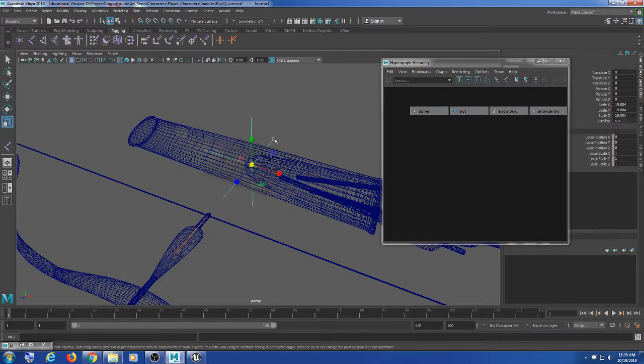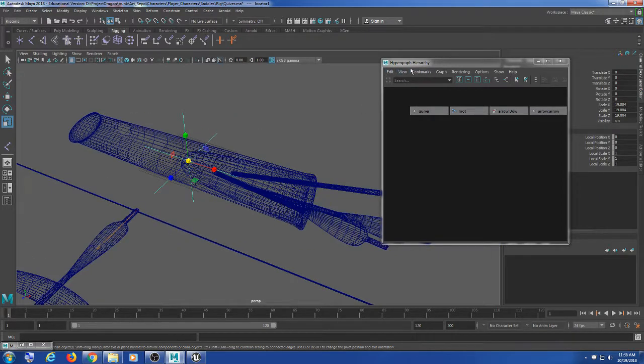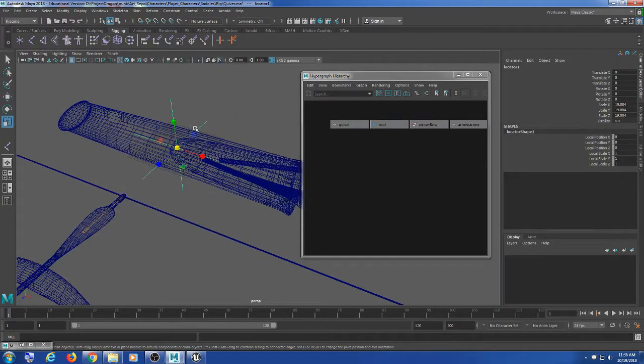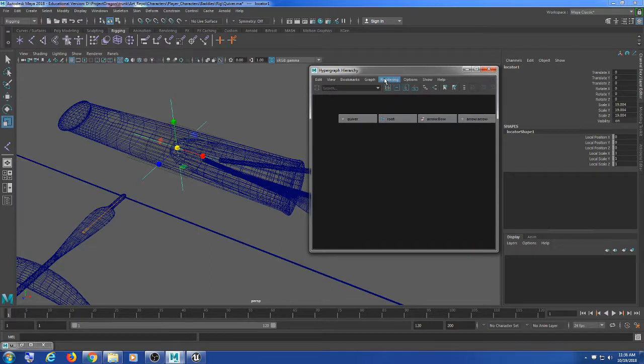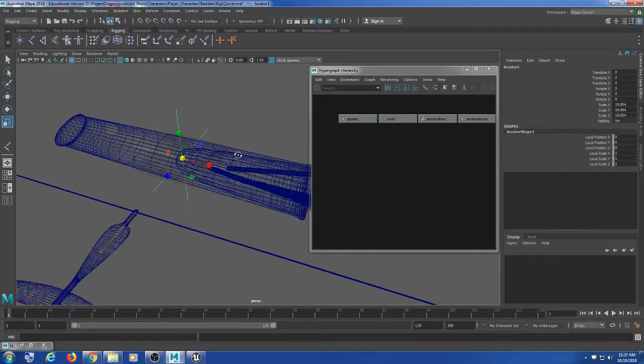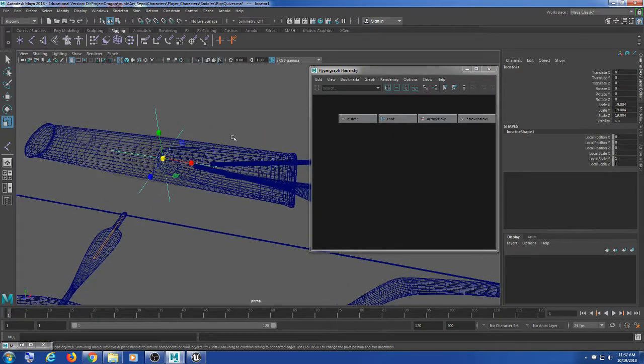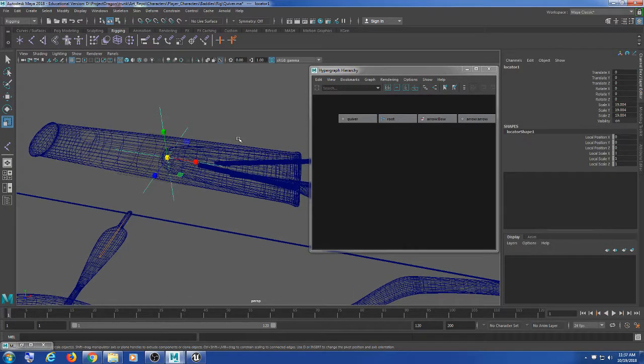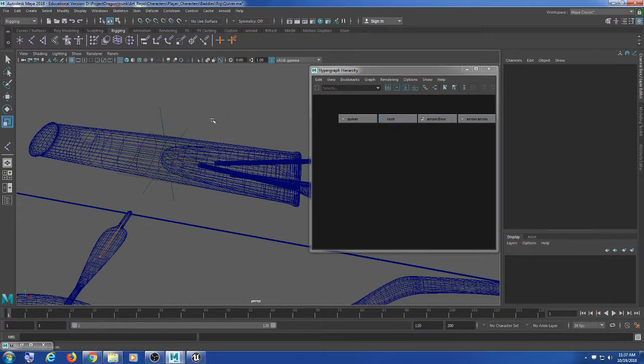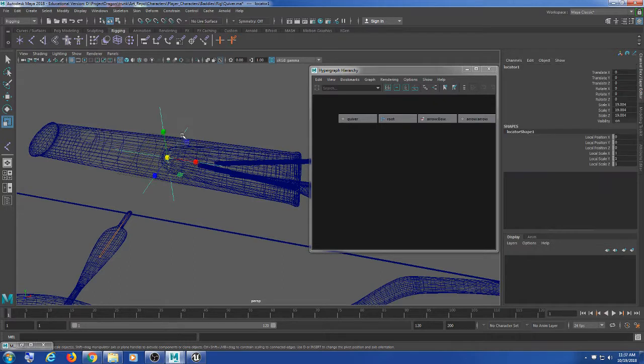Okay. And go ahead and group that locator. So Control G,